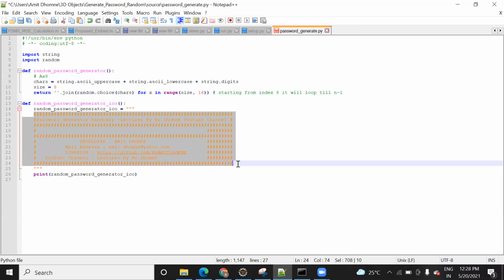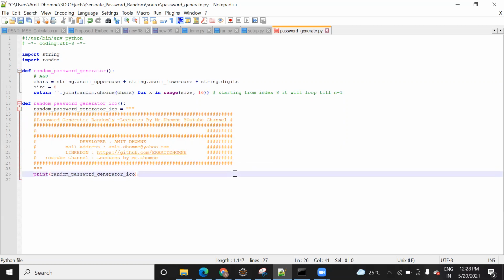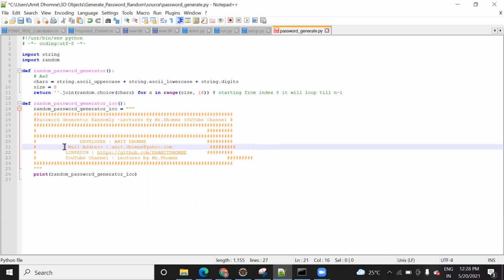Like if you like, then you can edit. I made it in order to upload on YouTube, so that's why I have added this content, so that it can show that I have made this code and I have mentioned my details. If you want, you can remove or add details based on your choice. I thought to add it so that it will look more genuine and more attractive. So that's the reason I have added it here.